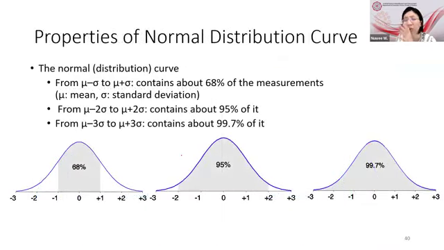But if you say this is a normal distribution, it needs to be symmetric first. And more than symmetric, the curve has to be very beautiful like this. That means if we calculate mean plus minus standard deviation, there should be 68% of the measurements between these numbers. If it is mean plus minus twice the standard deviation, it should contain about 95% of the measurements. For 3 times, it should contain